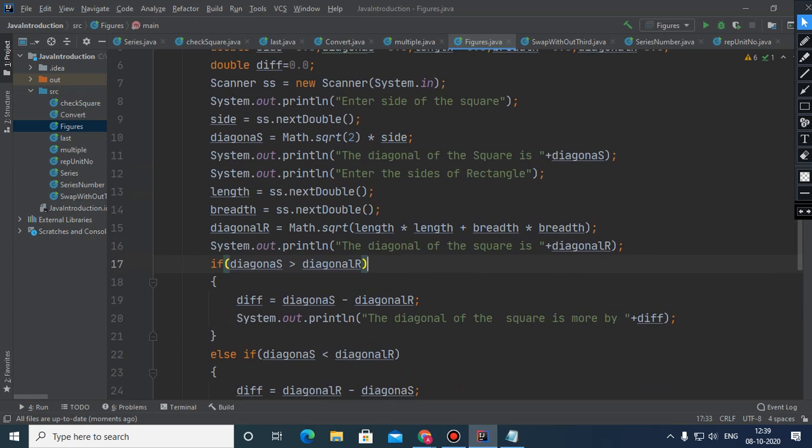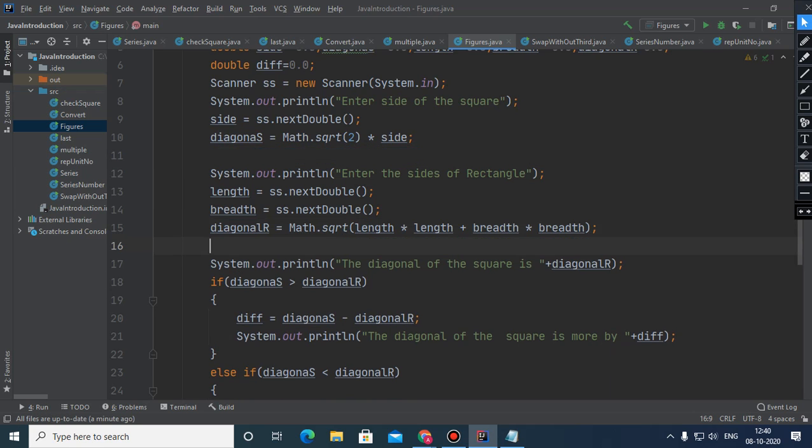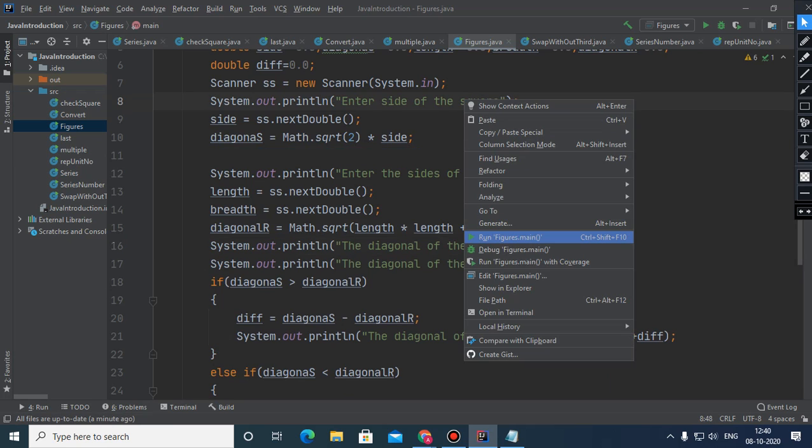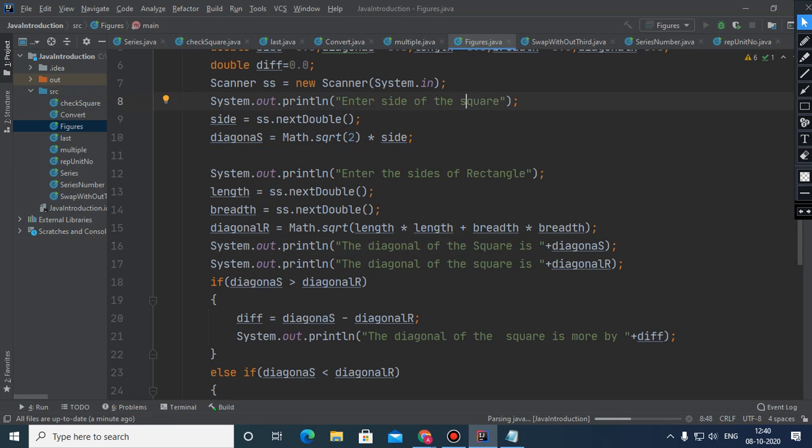Yes, we have printed. So better we should print this statement here just before that, so that all the messages we can get together